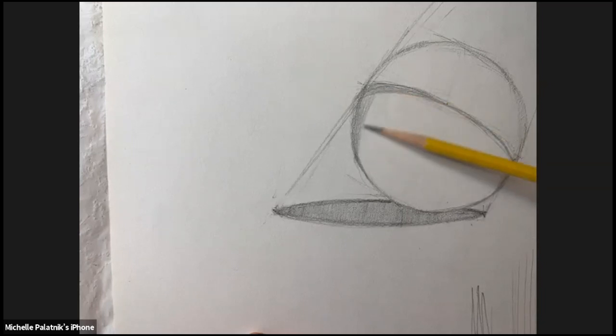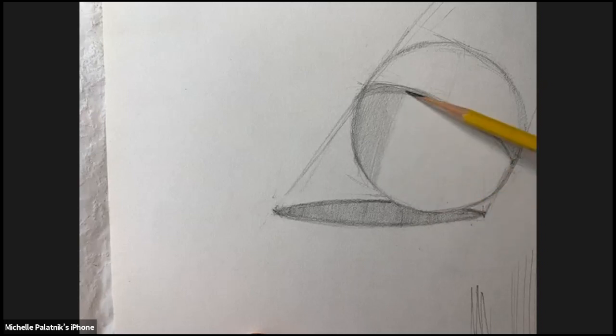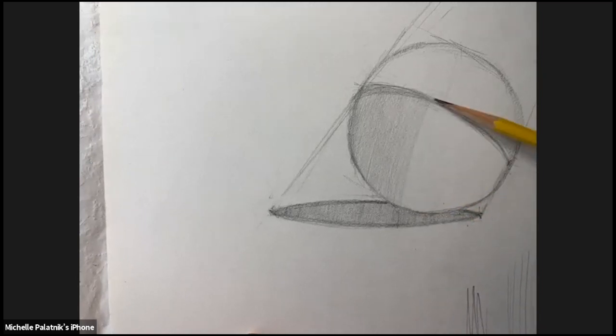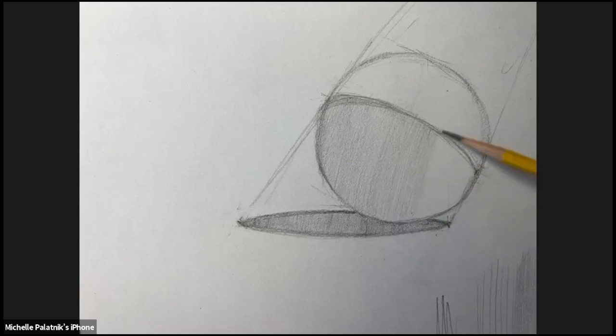I'm just going to do it sort of like a rounded curve straight across. And the duller your pencil is, the grainier your mark will be. This is when sharpening your pencils matters. So do you see how I'm using one long stroke all the way across? And this is me applying equal consistent pressure with an HB,